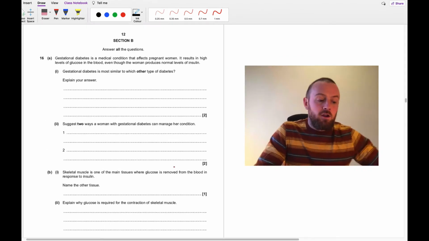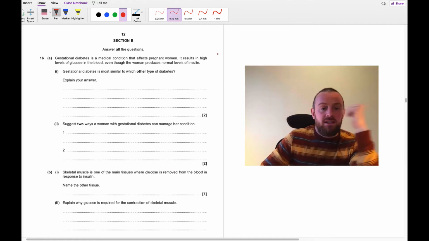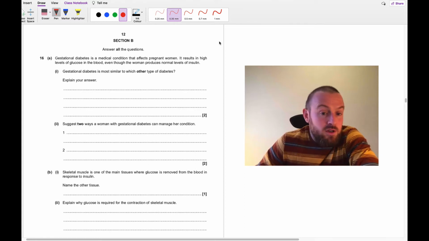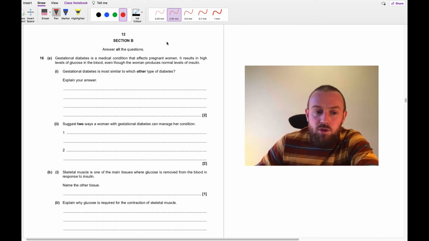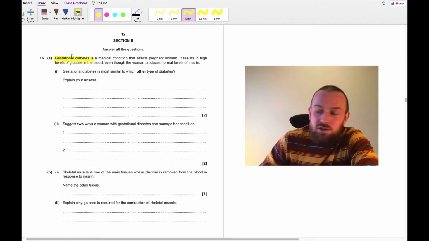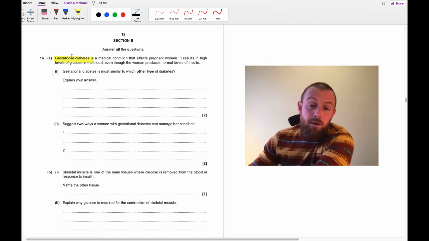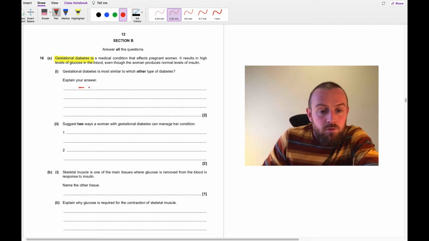Okay, moving on to the longer answer questions. Okay, so this question 16. Gestational diabetes is a medical condition that affects pregnant women. It results in high levels of glucose in the blood, even though the woman produces normal levels of insulin. So this is one of those application questions where you get given some new information about a disease that is related to something that you do know about, which is diabetes. So it's most similar to type 2